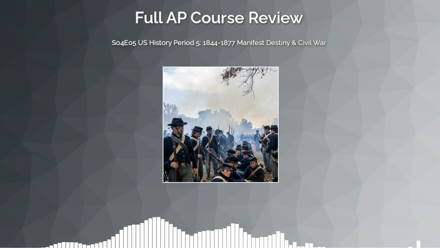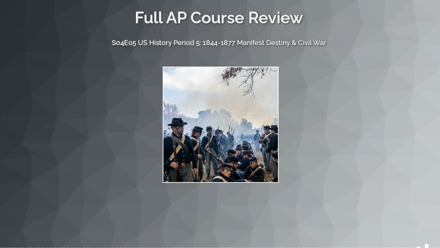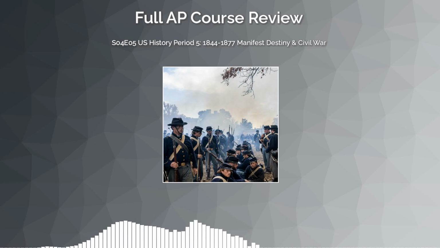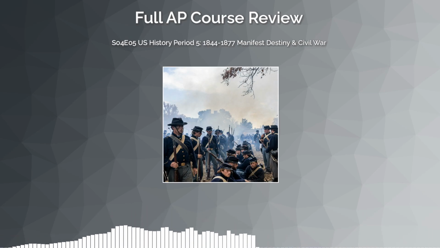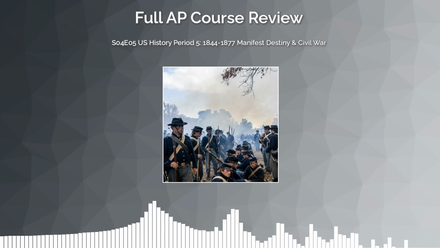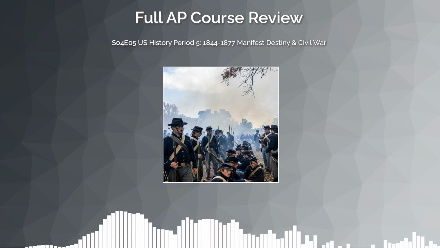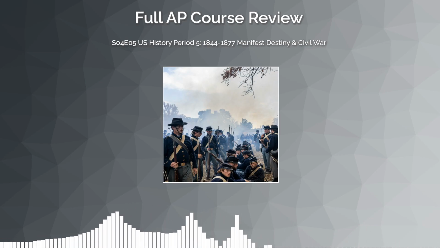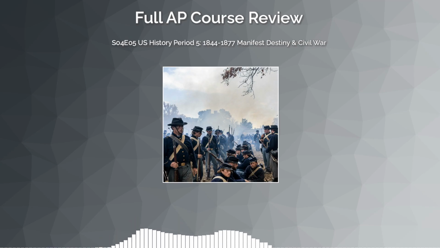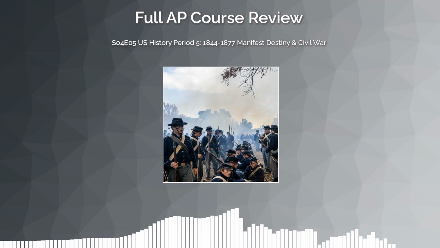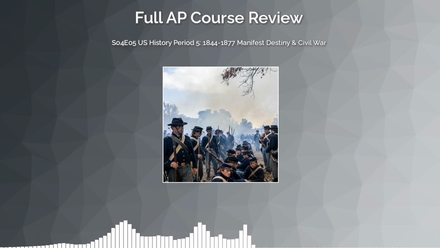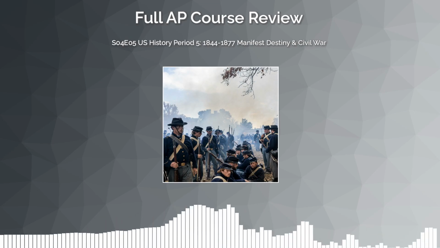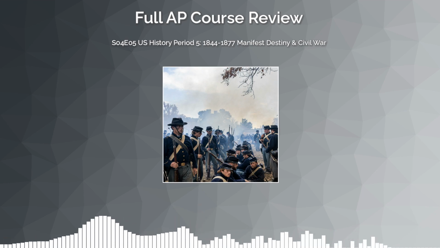A mnemonic that helps students keep the treaty straight: GH18, Guadalupe Hidalgo, 1848. Simple, but it locks in the date and the treaty name together. One more common AP pitfall. Don't confuse the Mexican cession, land from the 1848 treaty, with the Gadsden Purchase of 1853, which was a smaller strip of land bought from Mexico specifically to build a southern transcontinental railroad route. They're related but distinct, and mixing them up on a free response question costs you points.